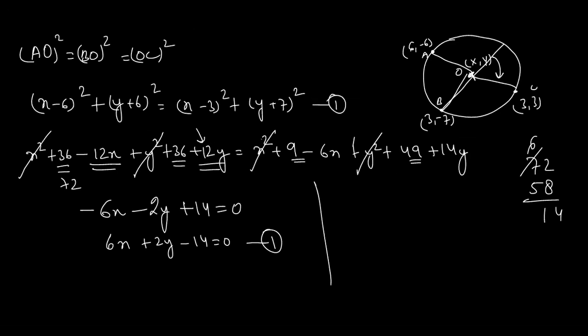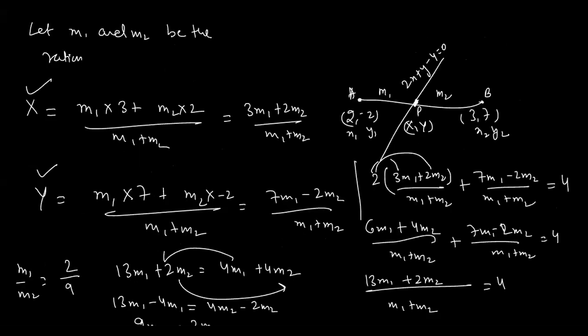Next, this is the first equation. And for the second equation, what we need to do is calculate the distance between OC and OB. Whichever equation you want to equate, you can equate. If I'm considering the other equation, that will be same. We have to write this: x square plus 36 minus 12x plus y square plus 36 plus 12y will be equivalent to